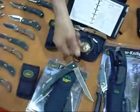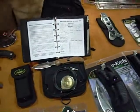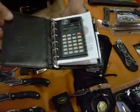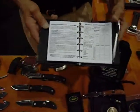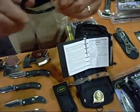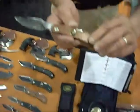One of our unique products is not really related as much to the hunting, except that it's a nice compact kit that has everything you wanted to know about the Boone and Crockett, but were afraid to ask probably. This booklet contains all the North American big game animals, how to measure them, and the different measurement styles that you can do. Along with it, you get two measuring tapes. This one would be to clip on and pull down and measure, as well as our Caper Light in the Bubinga hardwood